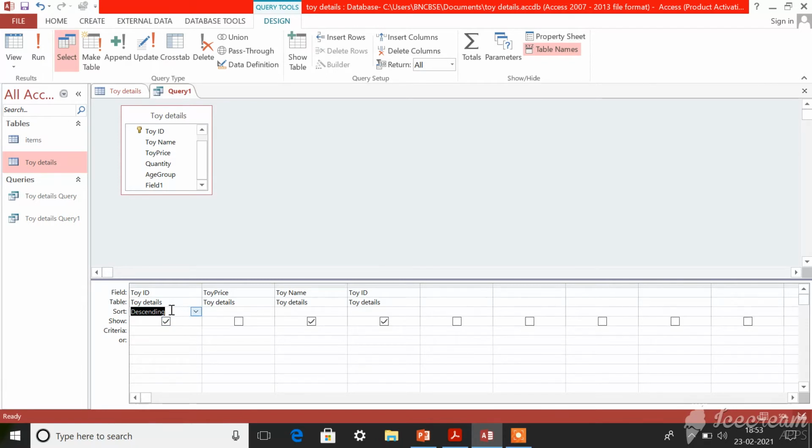Okay, so using this sort option, you can arrange the ID or whatever may be in the table in ascending or descending order. Okay, then